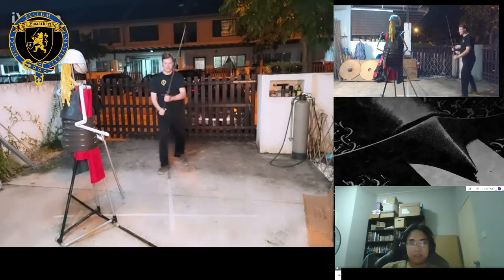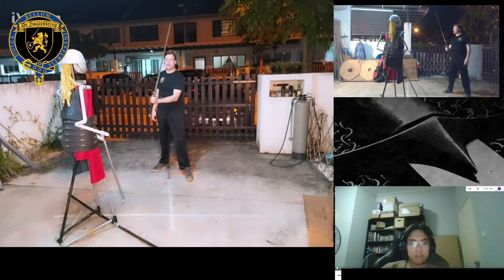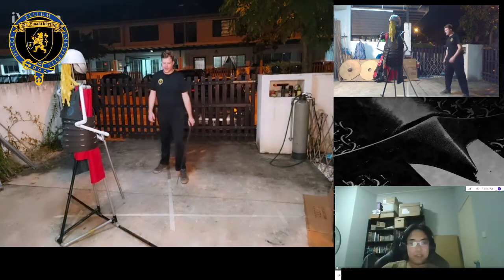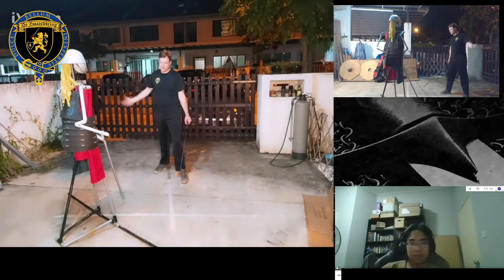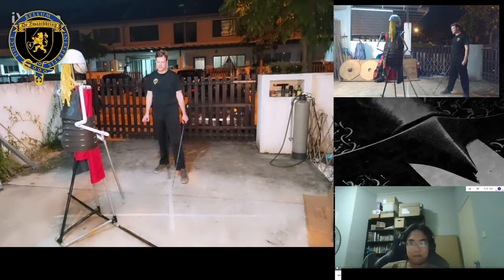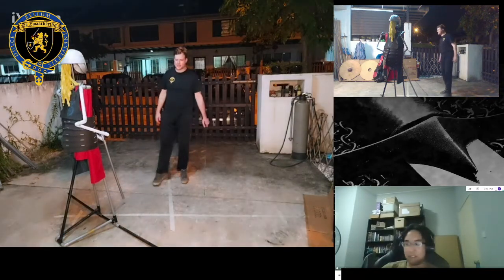These basic blocks work against most attacks coming from the top left. This basic block works against most attacks coming from top right. They're very general defenses. They will defend you and keep you safe against most attacks. They won't advance the fight in your favor, yes, but at the same time they won't advance the fight in the enemy's favor either, and sometimes that's the only thing you want. Sometimes you will just want to bide your time so that you get into the right measure, get into the right circumstance for you to unleash that devastating counterattack.